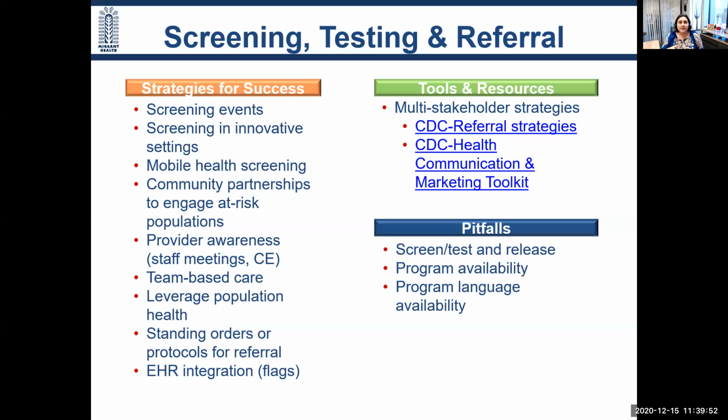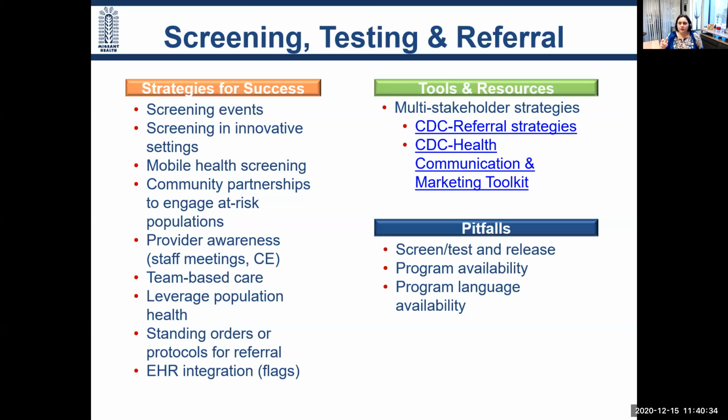Some of the most effective ways to do that is through mobile health units, some screening tools that are out there, but then also providing opportunities to educate the team and make sure that if they're seeing a person, if they have a touch point with an individual, that they recommend that screening so that they can actually get evaluated and then join a program such as this. Some of the other things and tools that are very effective are making sure that there are standing orders for screening patients, and then also having integration within the electronic health record. So if you're seeing somebody who might be high risk, that again, this is an opportunity for screening to make sure that if they qualify for the program, then they're able to participate.